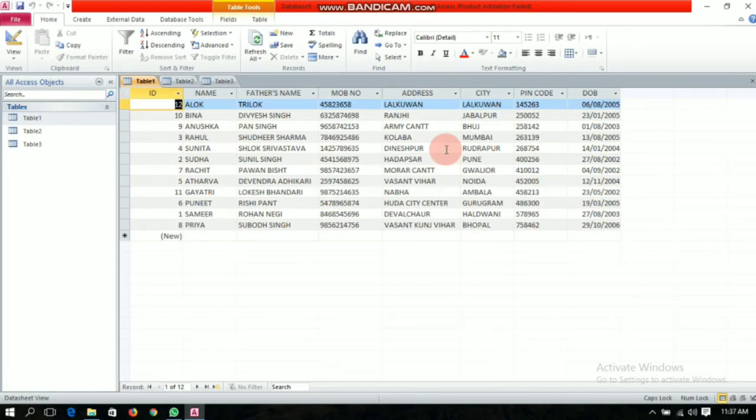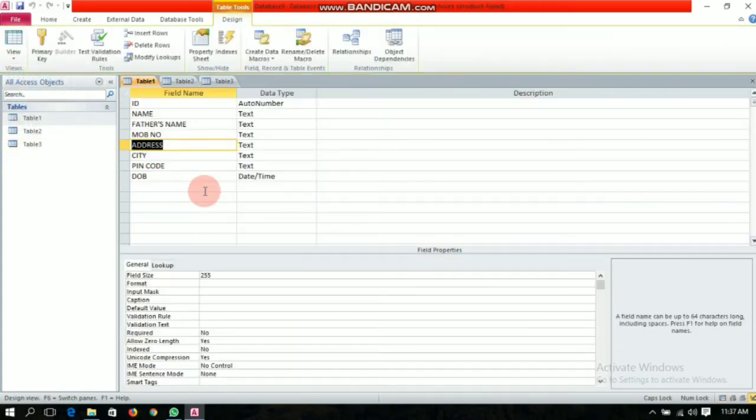Now I will tell you how you can insert a record, and it is a row only. First of all, you have to go to design view. Then this will appear, and you have to place the cursor in the row above which you need to add a new row.